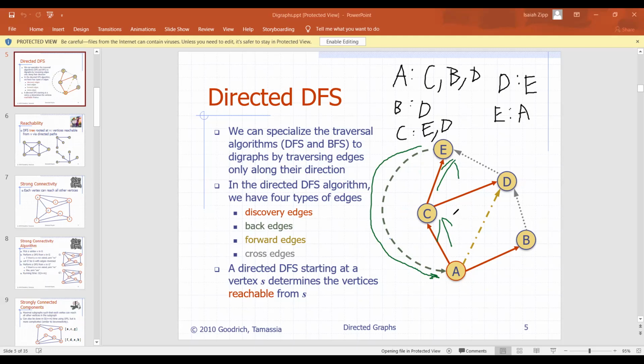So this sort of back edge, where you end up at your starting point, forces you to begin to backtrack in DFS. Okay. Your forward edges then are the yellow ones. So that's this dot dash. And with these,